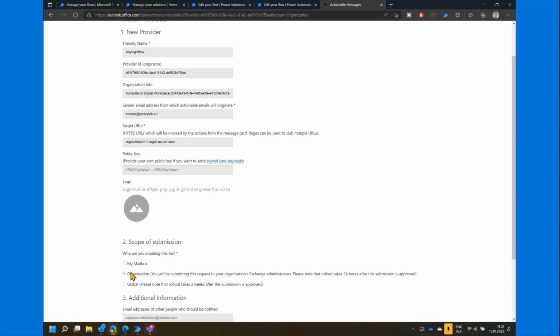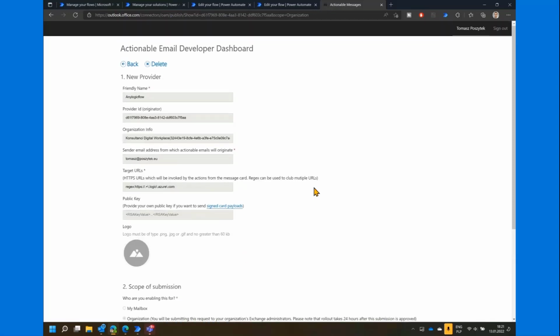Then the second scope is organization, so that you will be able to send this to any person within your tenant, but then you will need an approval from Exchange admin. And there is as well global, which will allow you to send that email to anyone within Office 365, and that requires approval from Microsoft. So I've used this organization scope,